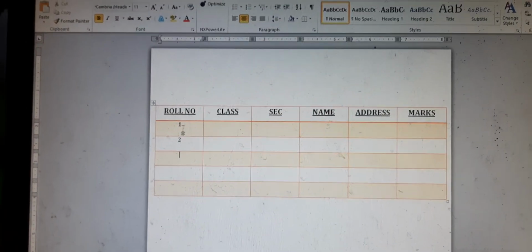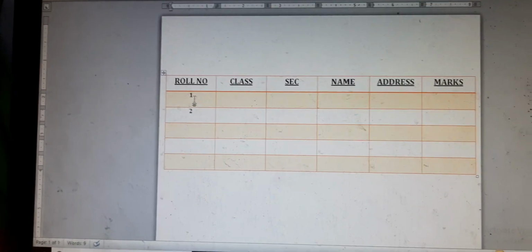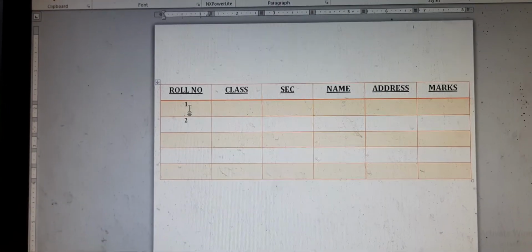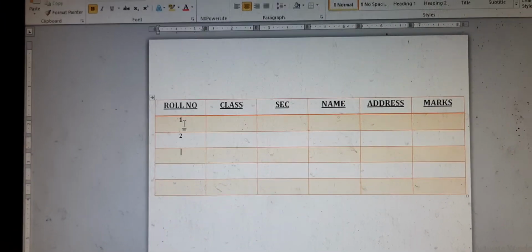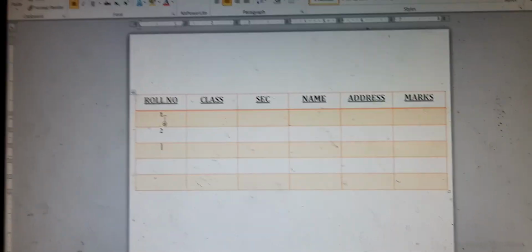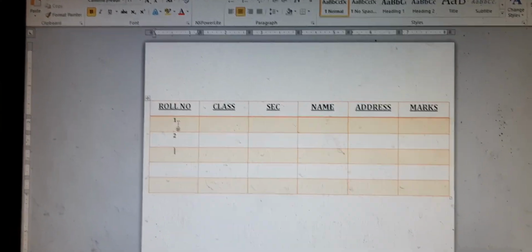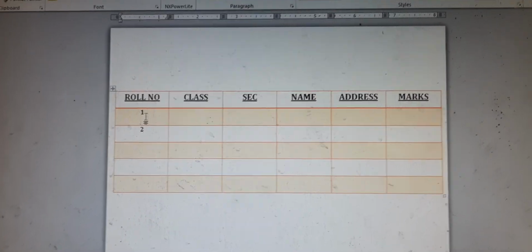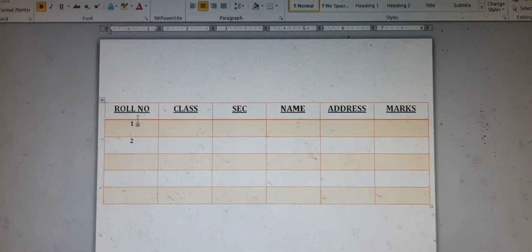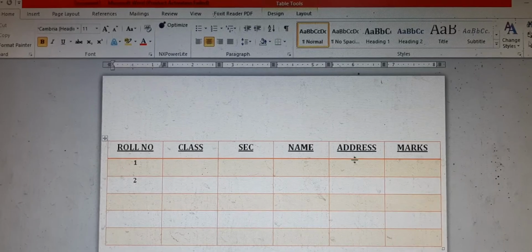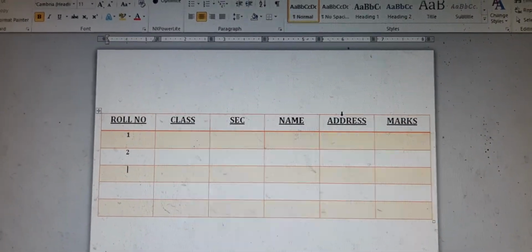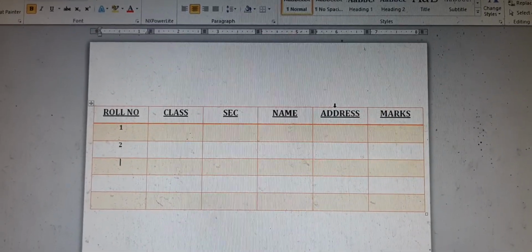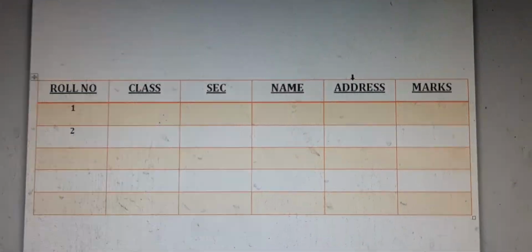We are going on. Now after some time, whenever required, you should add a column. Suppose consider name and address. Between name and address, you require a column which maintains your date of birth. So what we have to do, I select the column address like this, bring the mouse pointer here, it looks like a down-headed arrow.